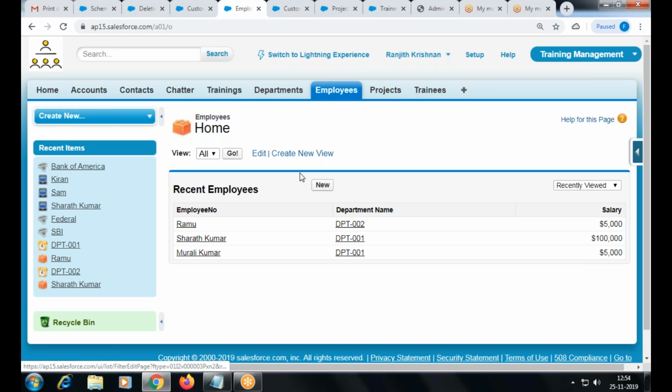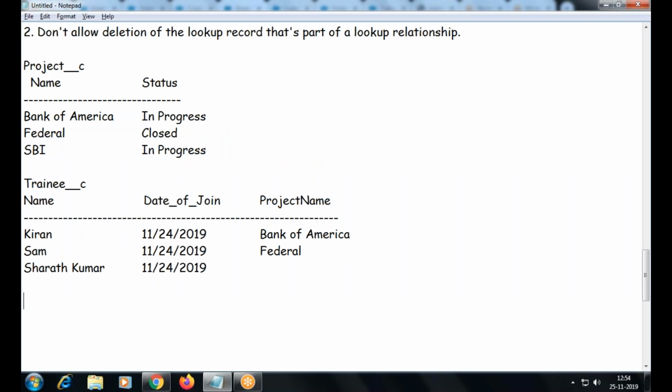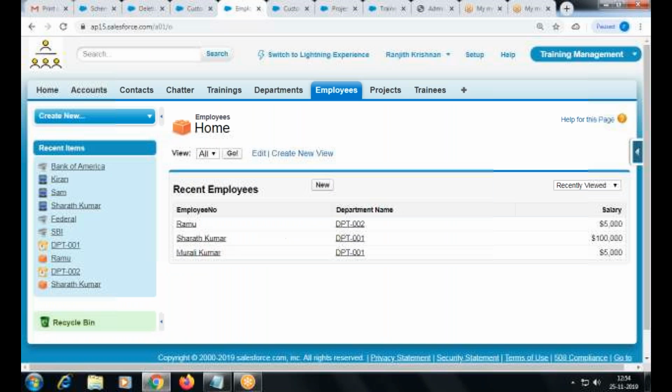Okay, so one layout is controlled by the search layout. That feature is called a search layout. Remember, you may sometimes get this question: what is search layout? Okay, search layout controls the tab layout under recent items, right? Recent items is considered a place for searching the information. Whatever is recently viewed is a part of your search layout.